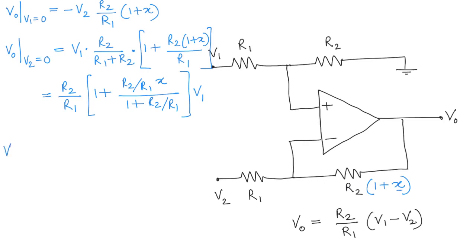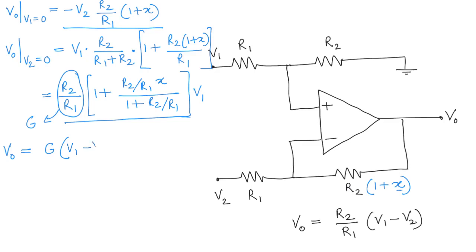V output is going to be the addition of this term here and this term here. Let's also, just for convenience, write R2 over R1 as gain G. So what we get is G times (V1 minus V2)